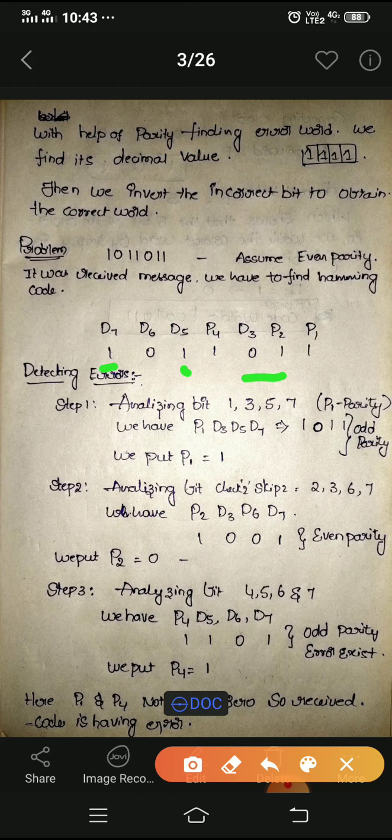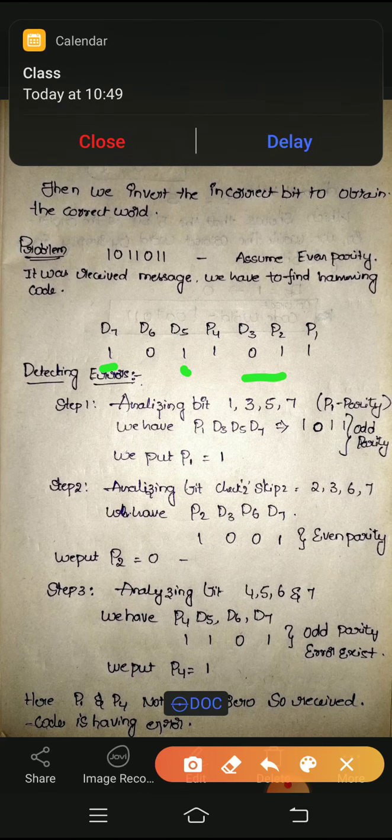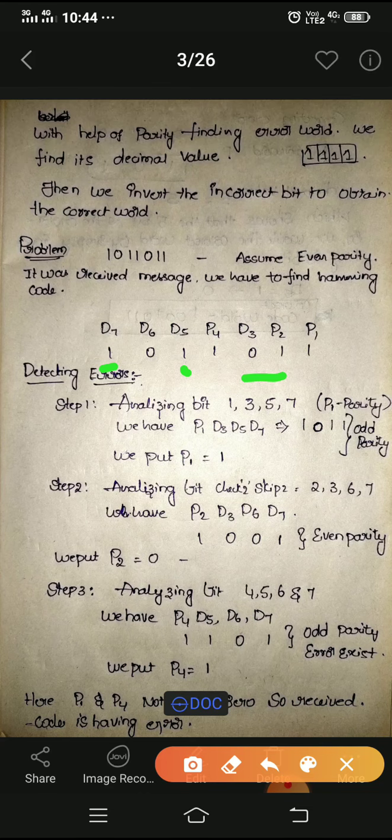So this will be the even parity. So we'll consider that P2 is equal to 0, because that will be the even parity and no error will be there.